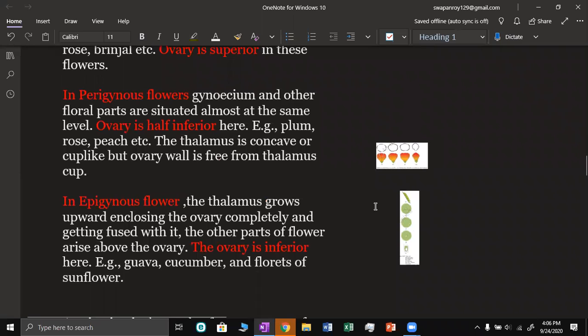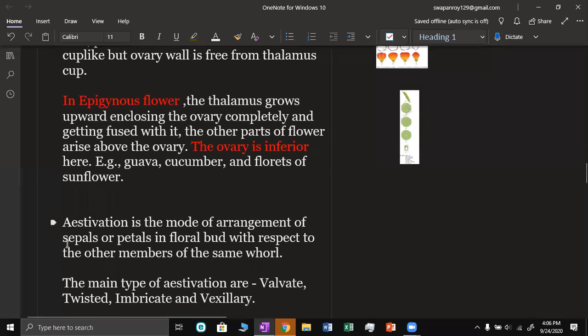And also I think we finished this one, that estimation also we completed. Remember? Yes, sir. Estimation, that is the arrangement, relative arrangement of petals or sepals within the whole. Okay. So today, after that, we have to